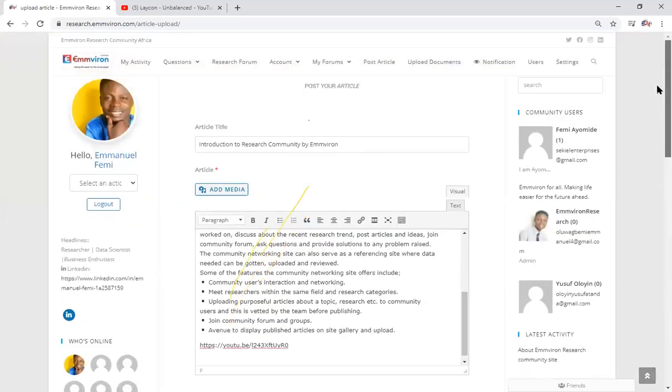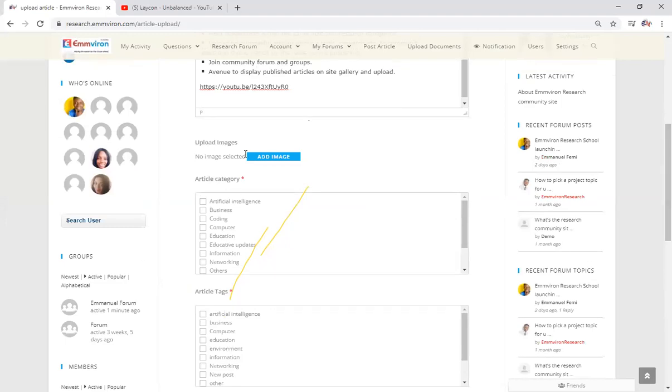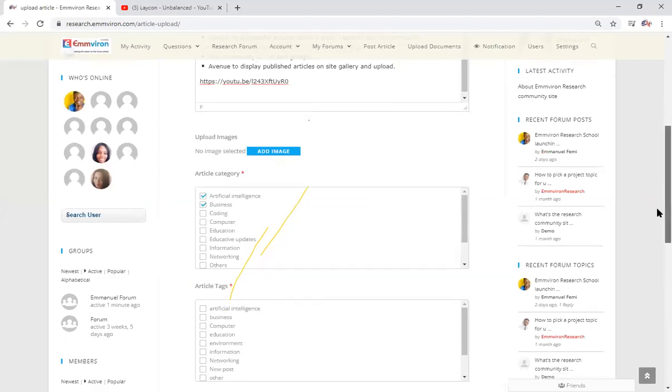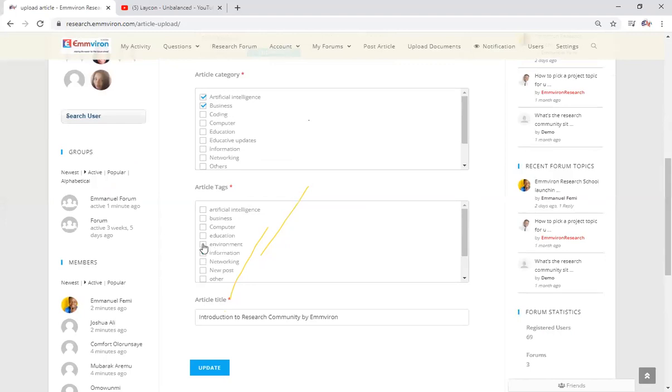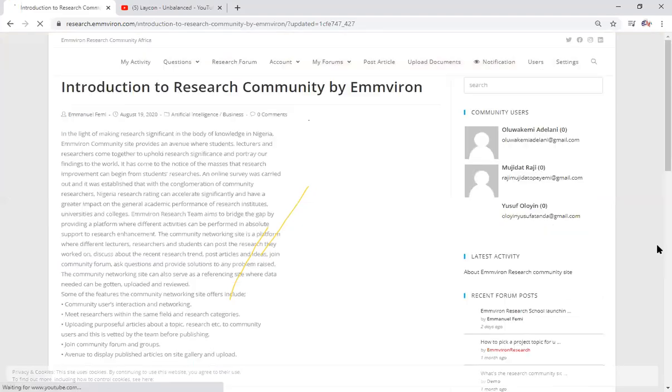Then I'm not going to add any image to it. So I can decide that, okay, these are the categories, these are your tags, maybe information and environment, assumption, then you update. When you update now, you are publishing, you're updating the research community with information. And I said earlier that we need information judiciously, so that the community will be rich. Now we are yet to launch this website. Why? Because